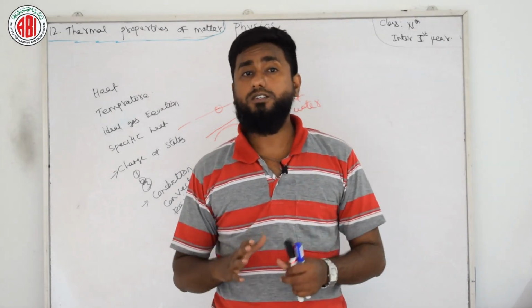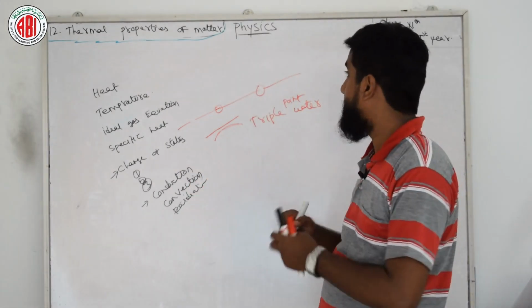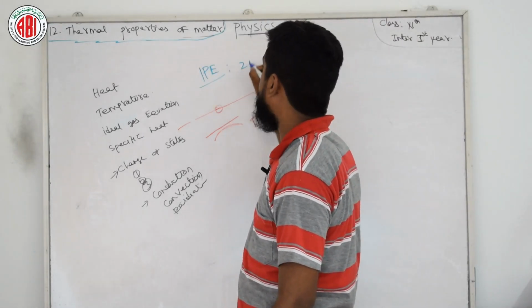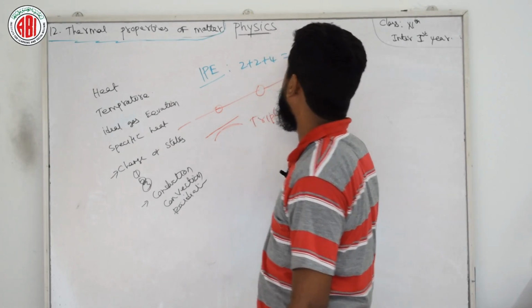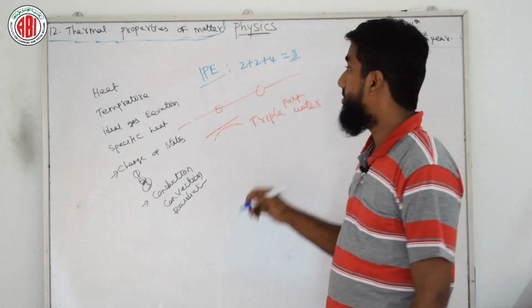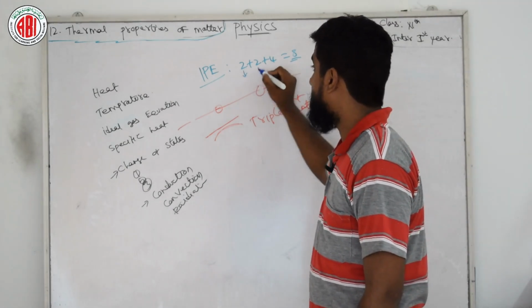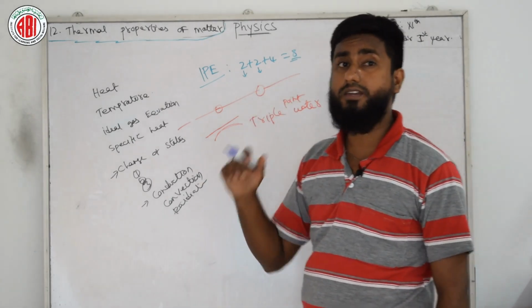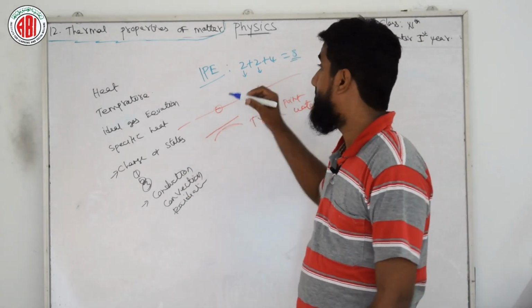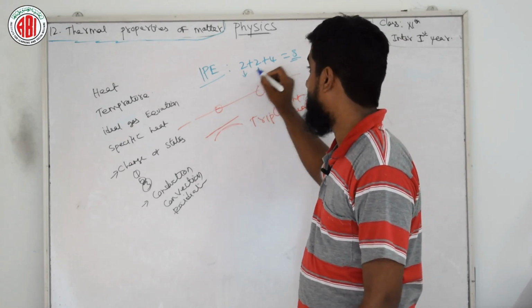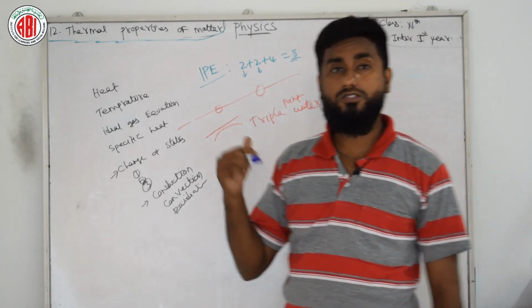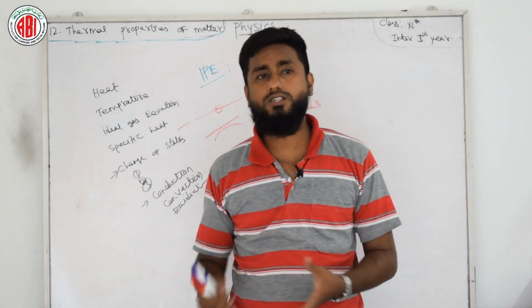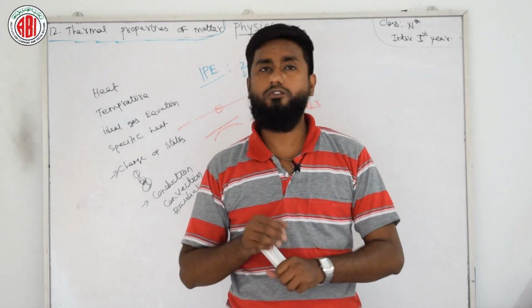So this is a very important chapter, and for our IPE, Intermediate Public Examination, we may get 2 marks plus 2 marks plus 4 marks, totally 8 marks. Make sure the 4 marks are related to the very short ones, and we did one more very short in our previous chapter, I think. So these 2 chapters are very important for your 2 marks questions as well as for the 4 marks question. This chapter is very important. So prepare well as per my lectures. Inshallah, surely you will get good marks.